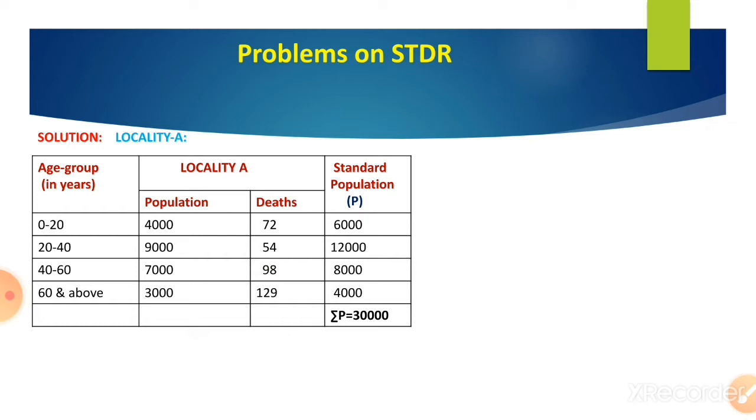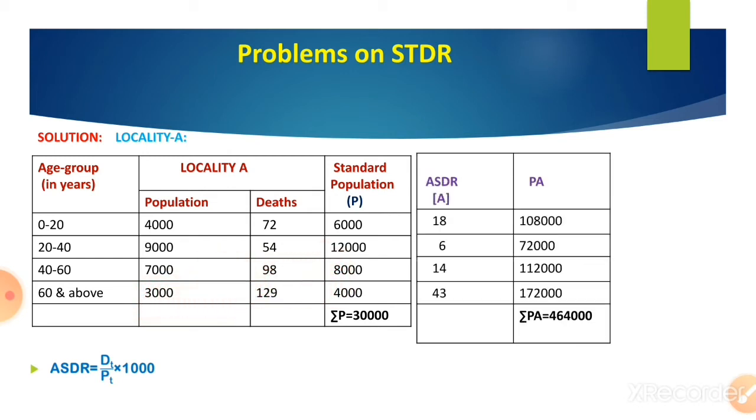Locality A has age group, population, deaths and standard population. To find out the STDR of locality A, first we have to find out ASDR. The formula of ASDR is dt upon pt into 1000. This means we are going to calculate ASDR age wise. First, ASDR for the age group 0 to 20 is